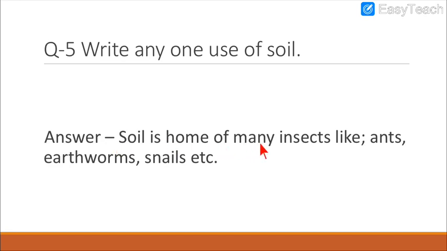Soil is a home of many insects or animals, we can even say, like ants, earthworms, snails, correct? So even the frogs live beneath the ground, beneath the soil. So this is the point which I remembered, that it is home to many insects and animals, right? So repeat the answer after me, my dear students. Soil is home of many insects like